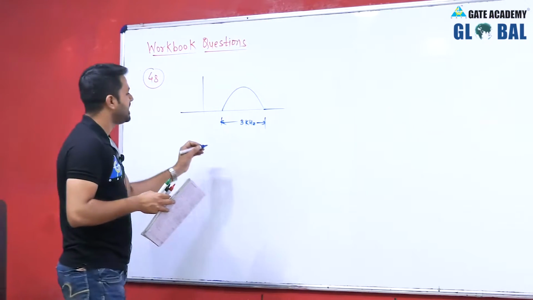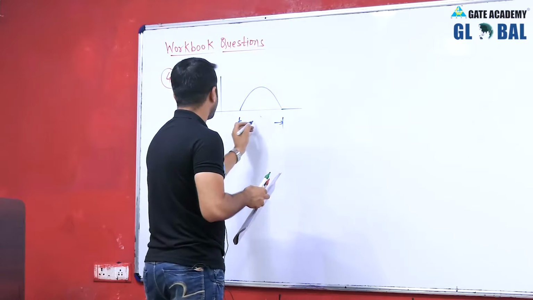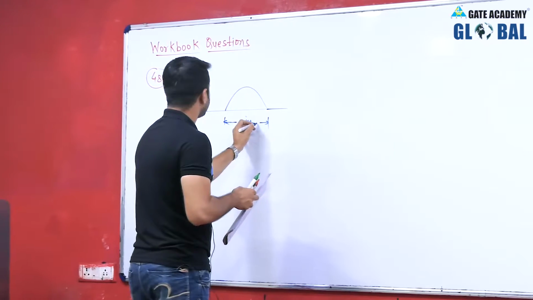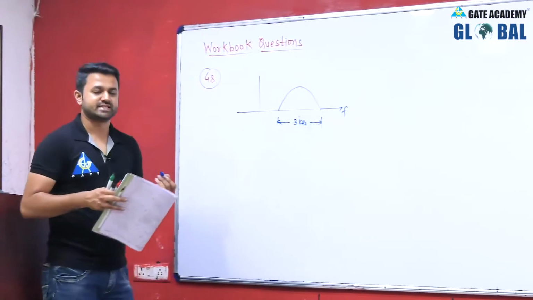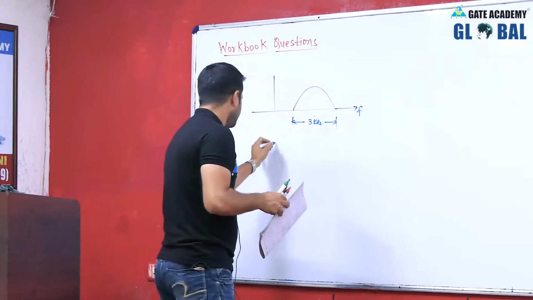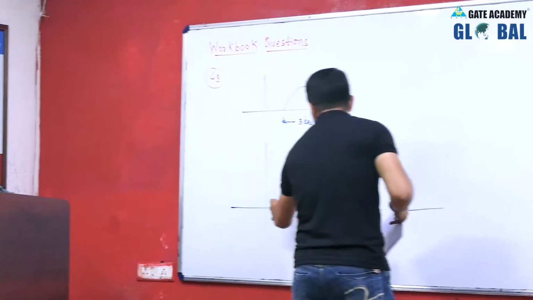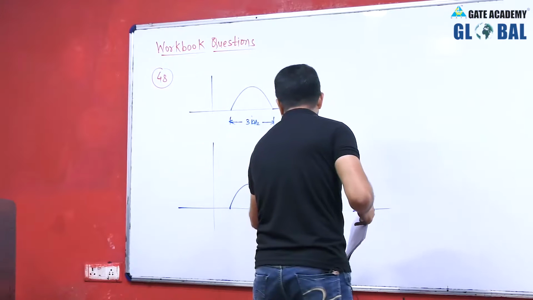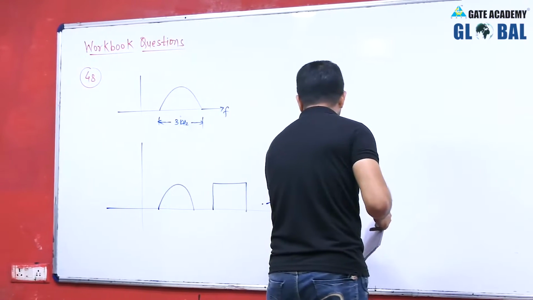And similarly we have ten message signals and we are combining them, that means we have the spectrum like this. Suppose this is 3 kHz, this is again 3 kHz, and so on up to this 3 kHz